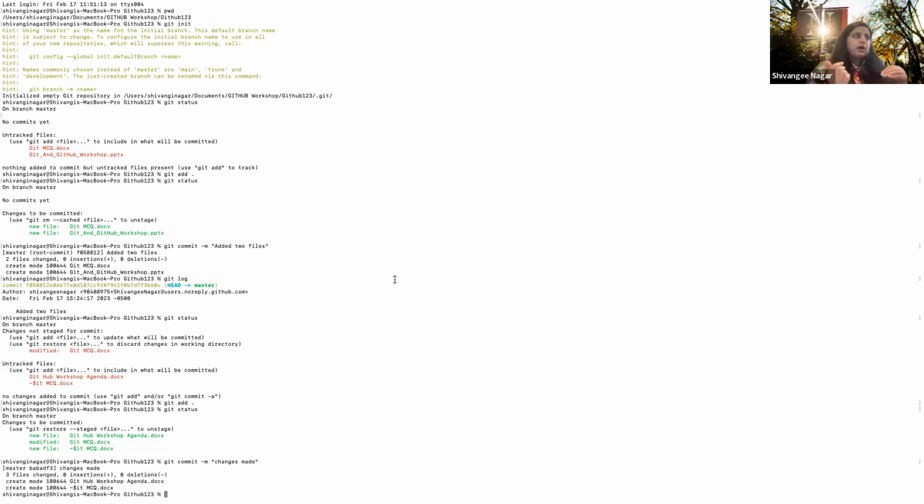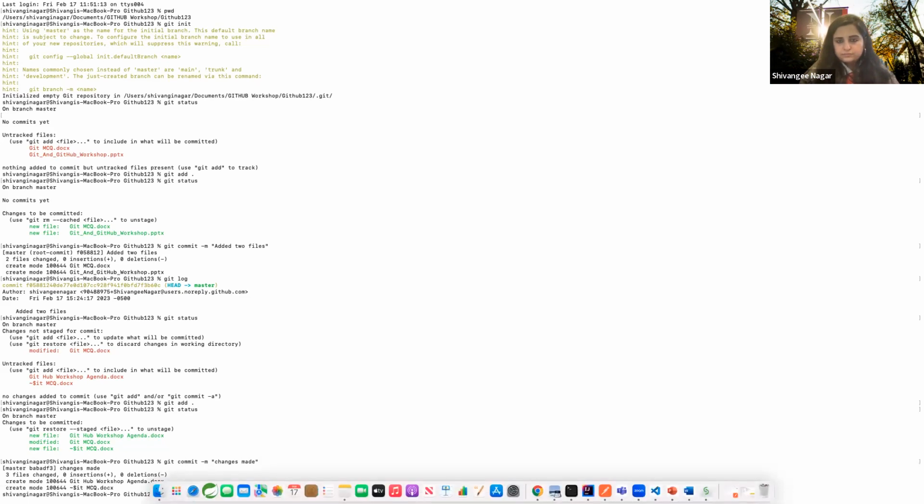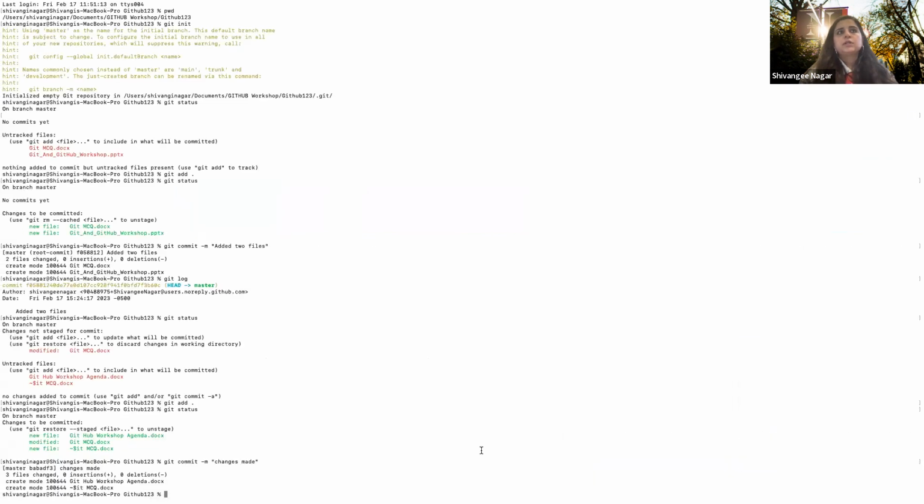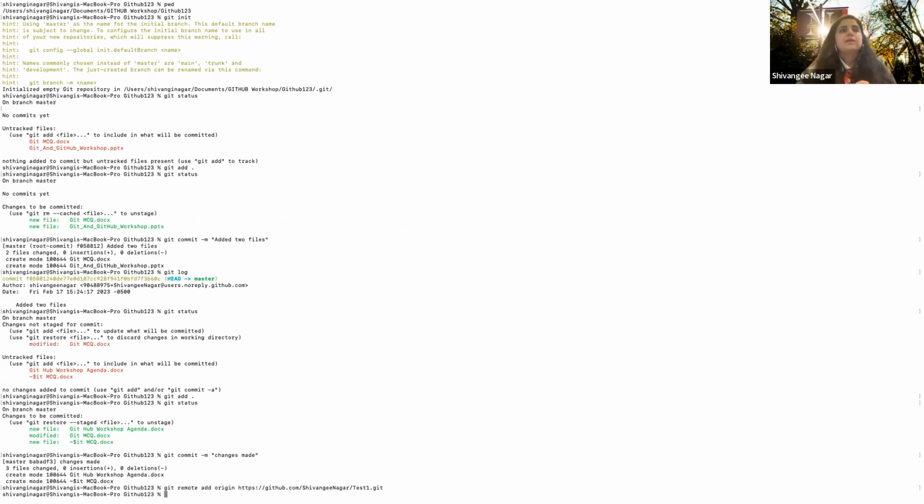Now the changes are here, they're added, they're committed, but how do I add them to my repository, which is there? So this is what I copy. And I go to my terminal and then I use git remote add origin and this.